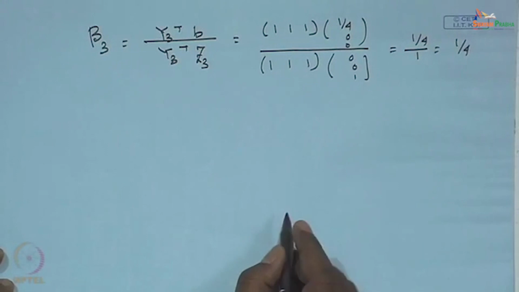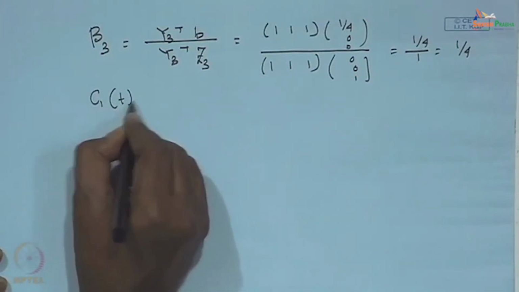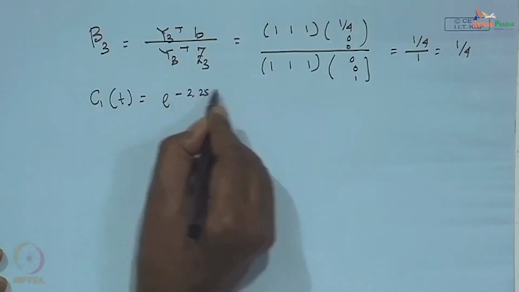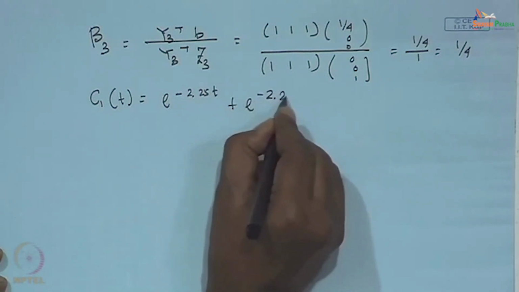So, now you are in a position to get the coefficient c1(t). So, c1(t) will be e to the power minus 2.25 t plus e to the power minus 2.25 t